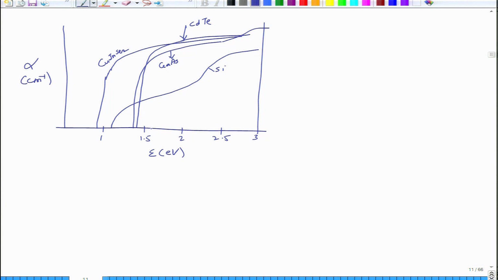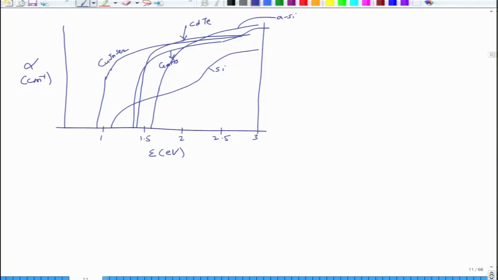Amorphous, because it's amorphous, it has higher band gap, but it has higher absorption coefficient. It tends to act as a direct band gap semiconductor. So this is amorphous silicon. So if the absorption coefficient of a material is higher, then you can reduce the volume of material that is required to absorb the same amount of radiation. So that is why the photocurrent observed from these materials is quite high.